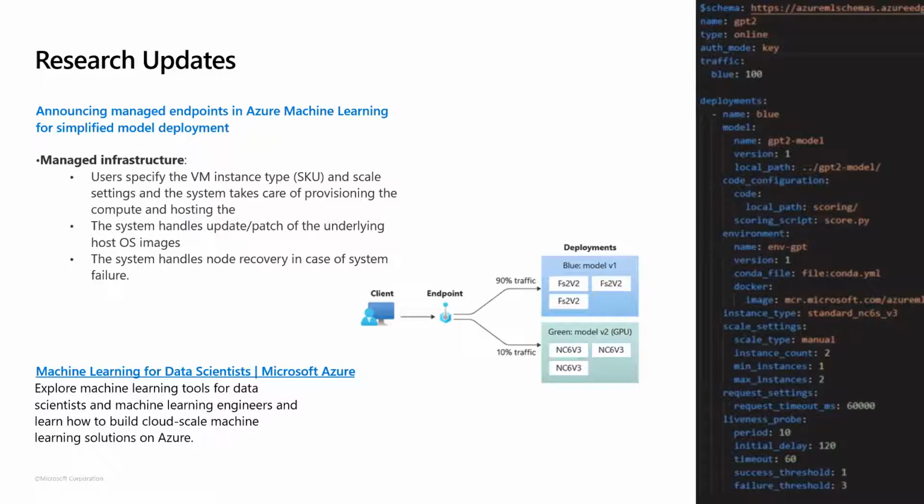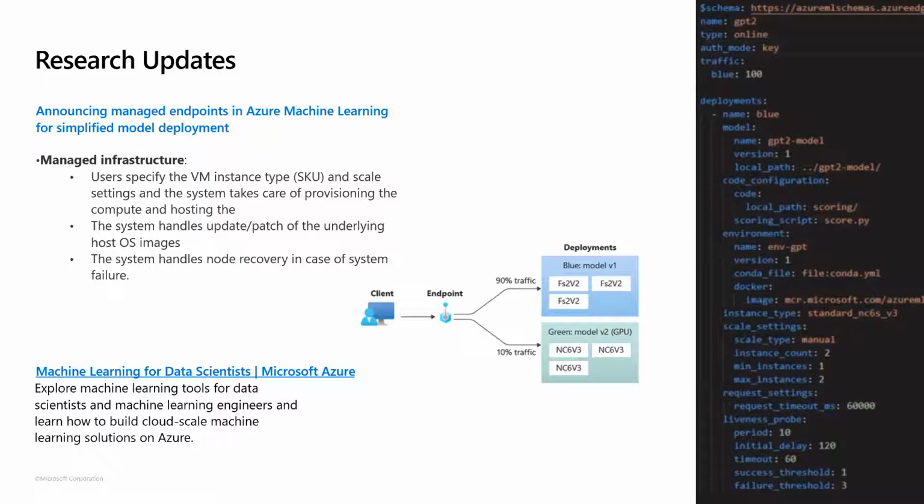So we've just gotten to the point where we've got managed endpoints in Azure Machine Learning, which gives us simplified model development, but it also gives us an inherently more secure environment. With these managed endpoints, now all of a sudden we can start doing stuff that software engineers have taken advantage of for years: blue-green deployments, updating one model while keeping the existing model, being able to run through it and improve upon it and not have to tear it down each time, and actually having different compute for each piece of it.